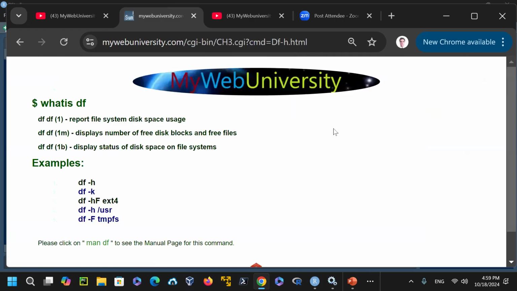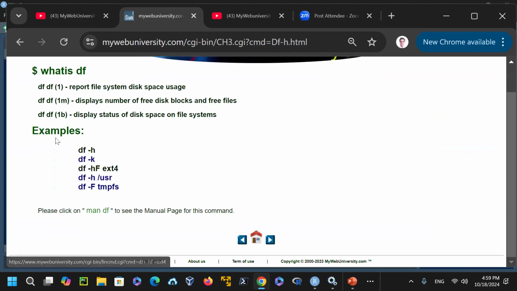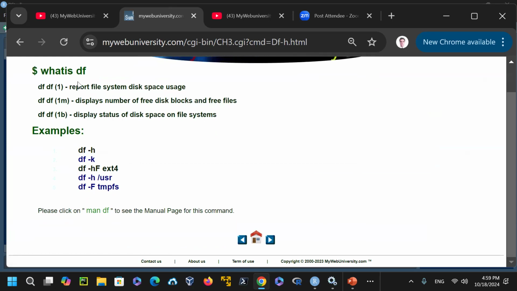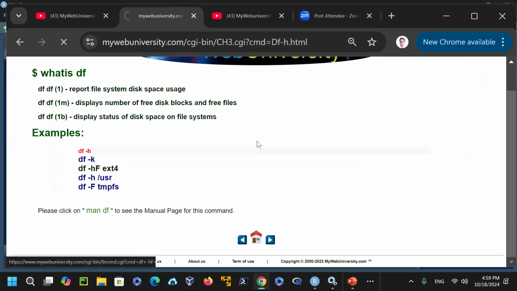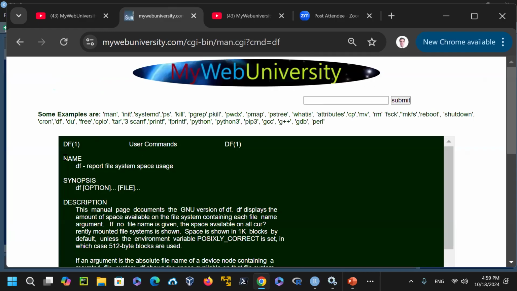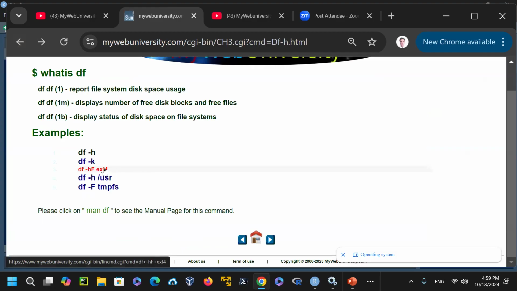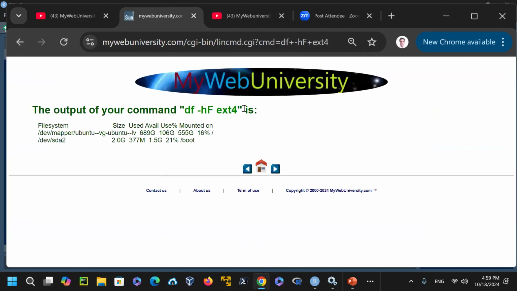Df is showing you the data format of the disk, how the data was formatted. You can see here that I give you an example in the "what is" section and the manual pages. Every time you type in man df, it will just give you the df command output here. But if you want to say what is df -h, extended for file system, here's your command and here's